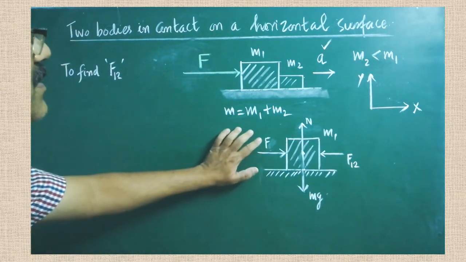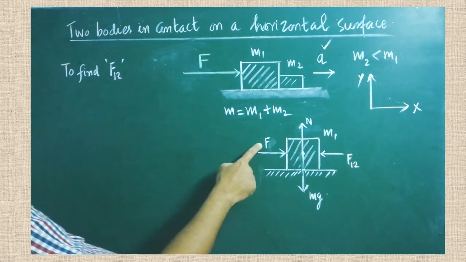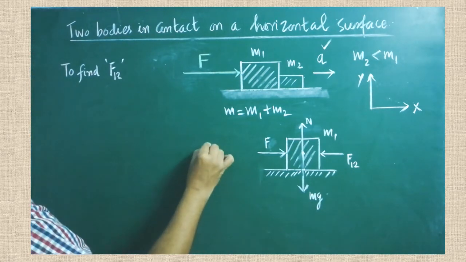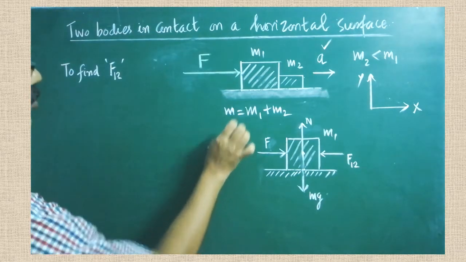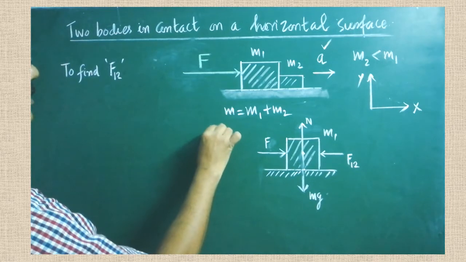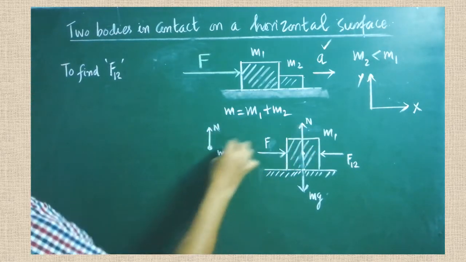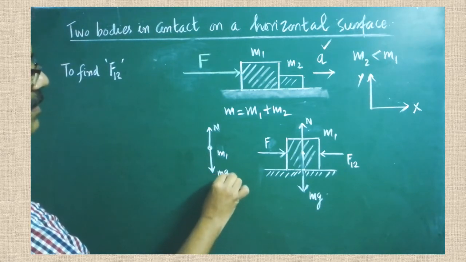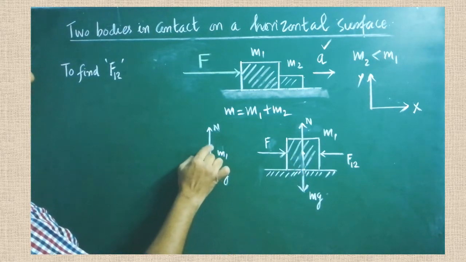Let us take this first force. This is the force which is acting on the mass m1. Are you clear? For that we can draw the free body diagram. How will you draw the free body diagram for mass m1? m1 could be drawn here, and this is the vectorial representation of the normal. This is the vectorial representation of mg. This mass m1 is drawn like a point mass.